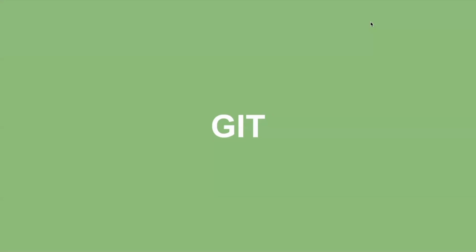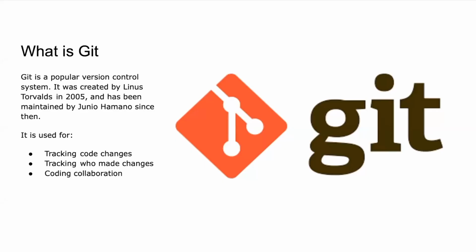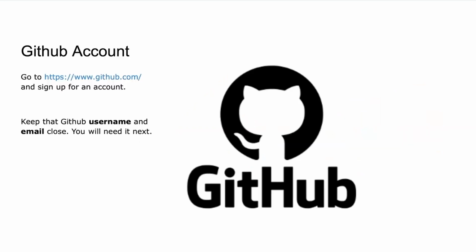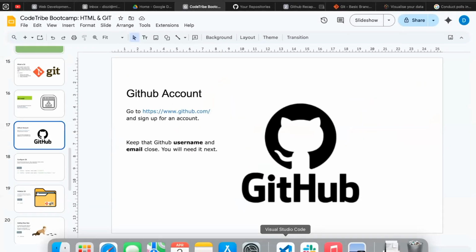Just briefly, Git is a popular version control system. Let's remember that we use it to track changes and to collaborate with people. We use our terminals, our CMDs, depending on the operating system you have, to interact with Git. You install Git, and right after installing Git, you create an account on GitHub. In order to check that your Git has been installed,